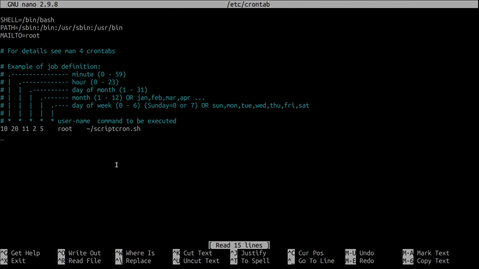So right now it is 12:24 a.m. and today is February 12, Saturday. So let's say we want to run a job after 4 minutes, which is 12:28 a.m. So we're going to do 28, which is the minute, and 12 is 0. And today is 12, so this is the day of the month, and our month is February, which is 2, and the day of the week today is Saturday, so it's going to be 6. Let's run one using root, cron.sh, and we'll run the same one.